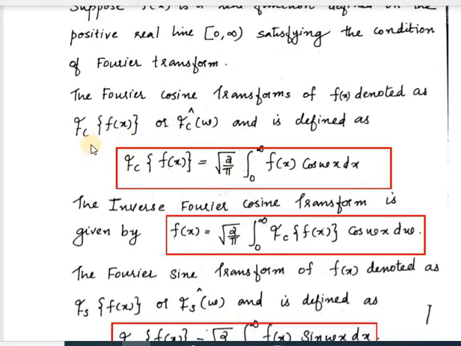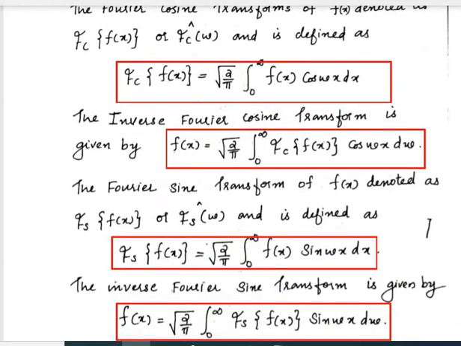The first one is Fc f of x or Fc cap omega, and it is defined as Fc f of x equal to root 2 by pi integral 0 to infinity f of x cos omega x dx. That is, if a question is to find the Fourier cosine transform, the formula is simply to write the function into cos omega x with respect to x, with limit 0 to infinity. This is the Fourier cosine transform, and correspondingly we can write the inverse Fourier cosine transform,